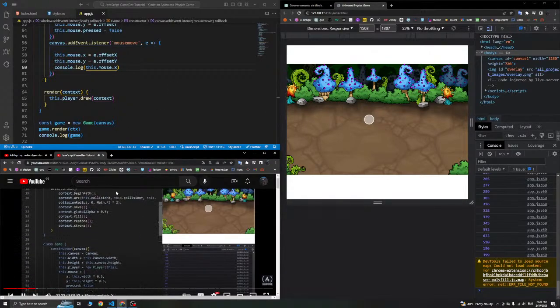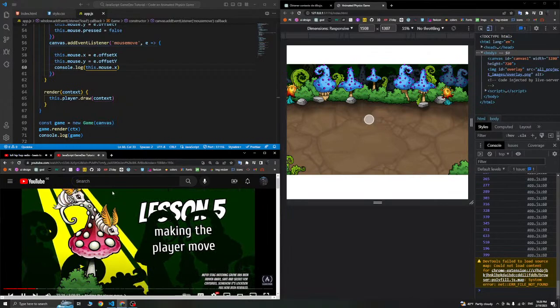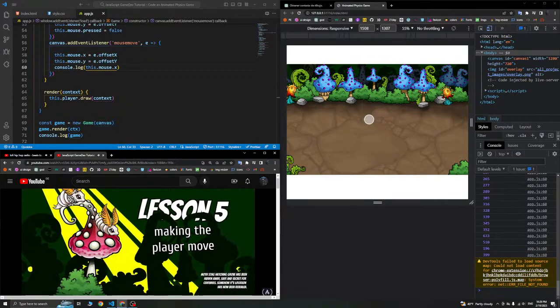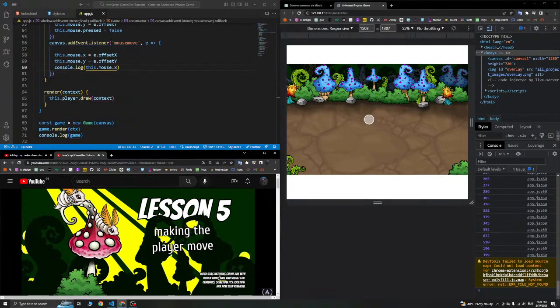Let's make the player move. I create a custom method I call